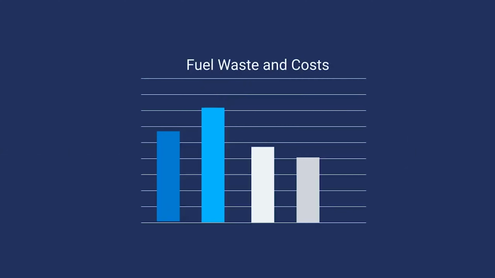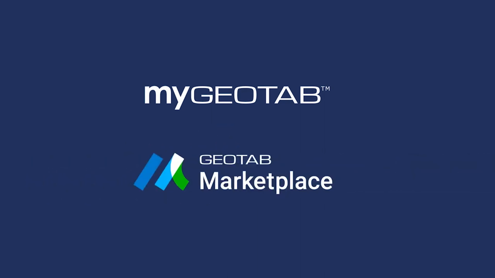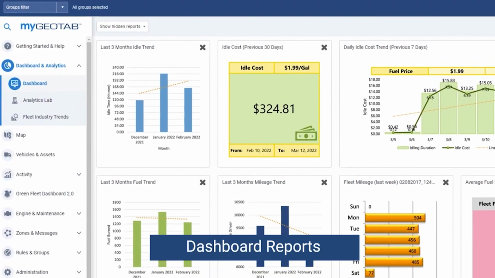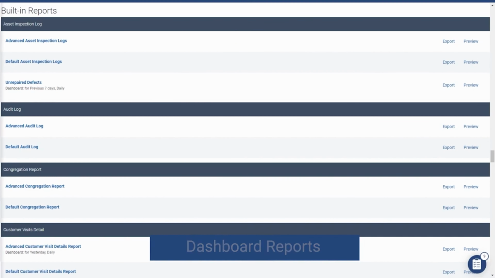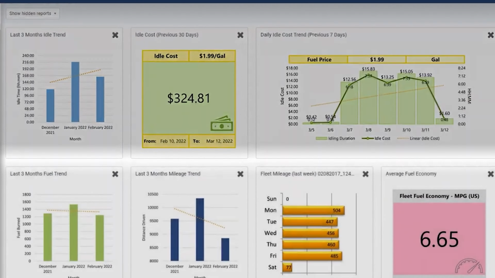This video will highlight how Geotab helps businesses reduce fuel waste and costs by using a variety of tools in MyGeotab and add-ins from the marketplace, which can be accessed through MyGeotab. In the MyGeotab Dashboard, businesses can view built-in reports or add marketplace reports to monitor and improve fleet idling, fuel